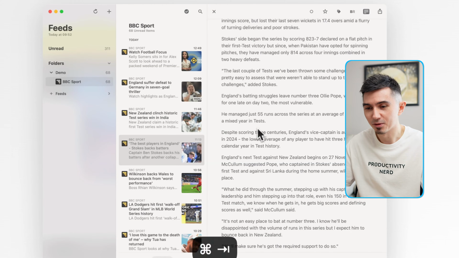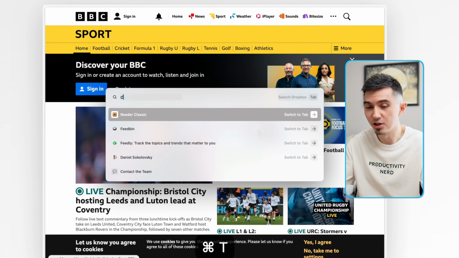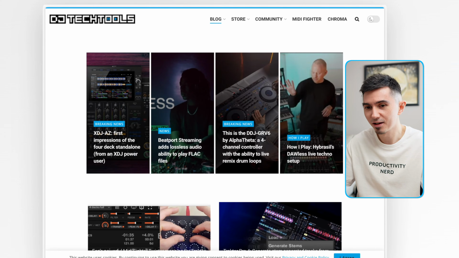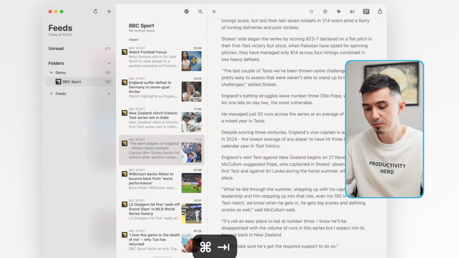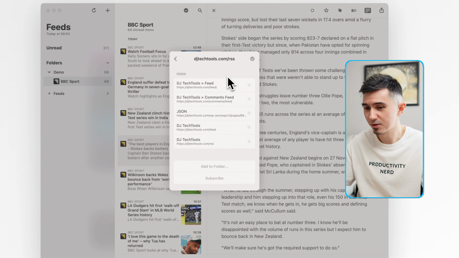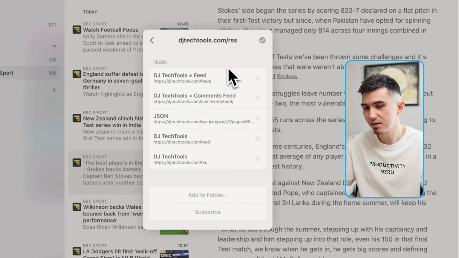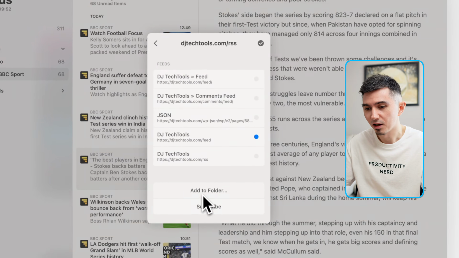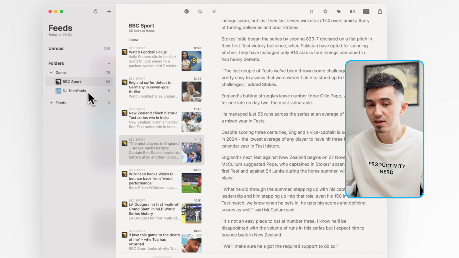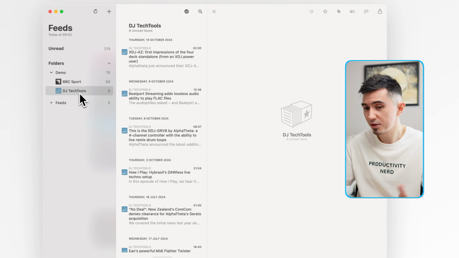So I'm just heading back to my browser, and maybe I'll open DJ Tech Tools. It's a great website and resource for everything related to DJing. So I'm just gonna copy the URL of this page, head back to my RSS reader, press Command N, paste the URL, click search, and as you can see in this case there are several news feeds, and for example for comments this is probably not what you're looking for, so I'm just gonna click on this one and again add to folder, demo folder, subscribe,